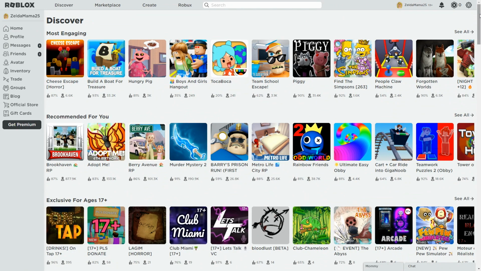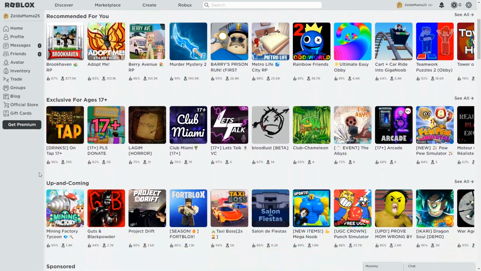I just want to point out that some of these games are much more popular than others. And this is just my personal opinion, but I just feel like the games that are more popular are also more likely to be regulated. I could be wrong, but I just feel more comfortable with my child playing the more well-known games. You can tell how many people are playing a game under the game's thumbnail on the Discover page. A popular game like Brookhaven may have hundreds of thousands of people playing, where less popular games could have less than 100 people, or even no one at all playing.